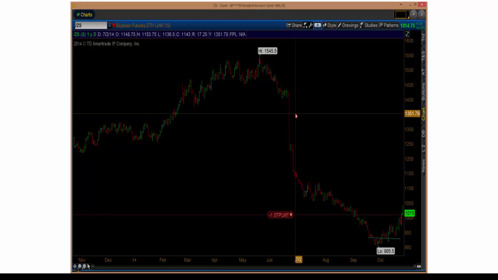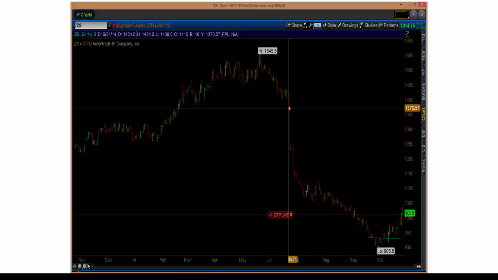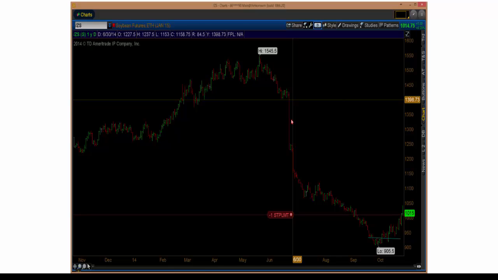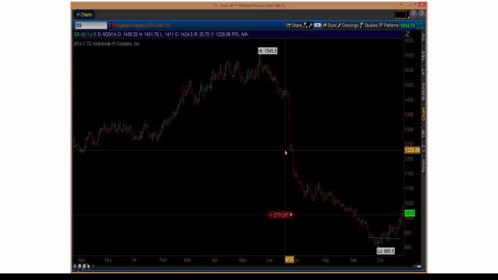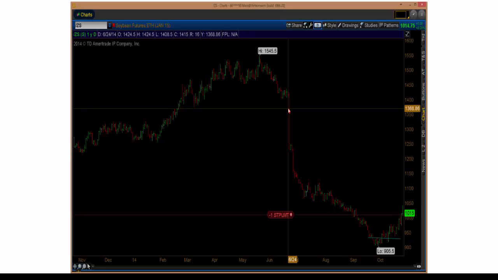So before you know what it's going to do, you're left with figuring out, well, how do I handle this big move? In this case, let's just look at it. 1398, say 14 even, down to 1228 is a huge move and not an easy thing to sit through. We're happy here for a little bit, but we're worried also at the same time, where do I take my profits? And the education we give, and we do it through mentoring, through high-value mentoring, is all about